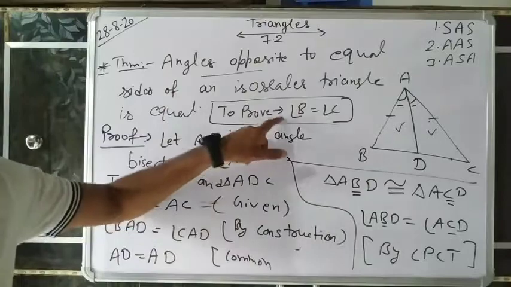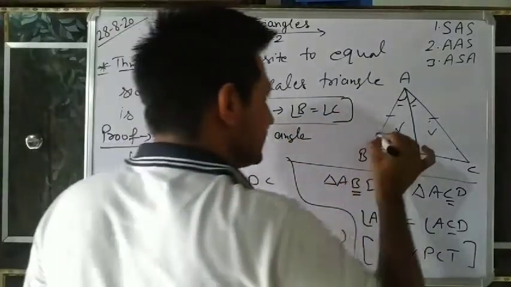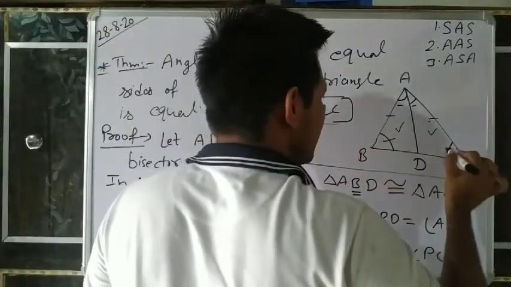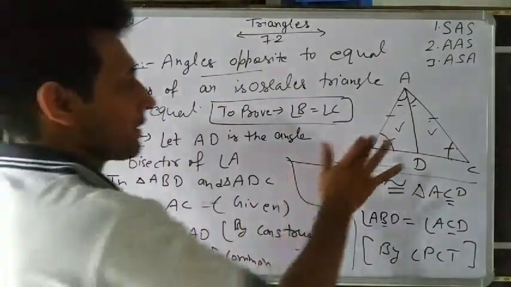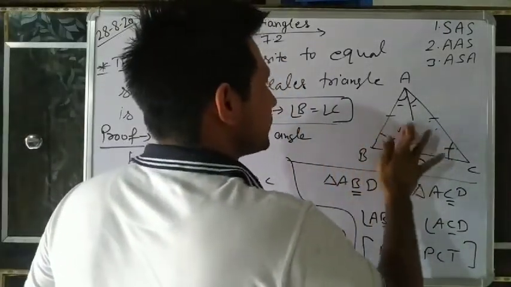What we want to prove? Angle B equal to C. That means this angle equal to this one. So always remember, now you can write this one: angle B equal to C. It means